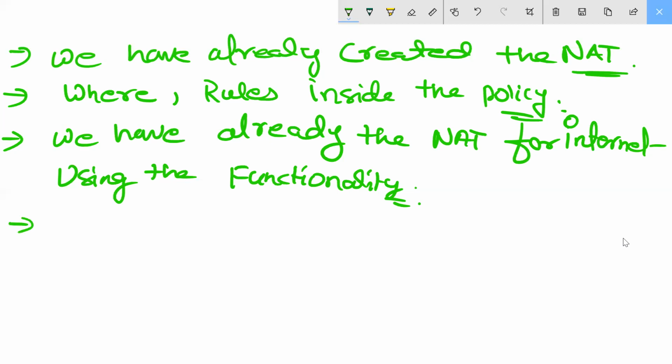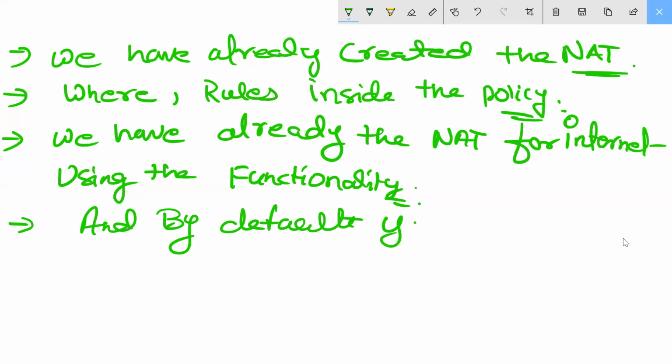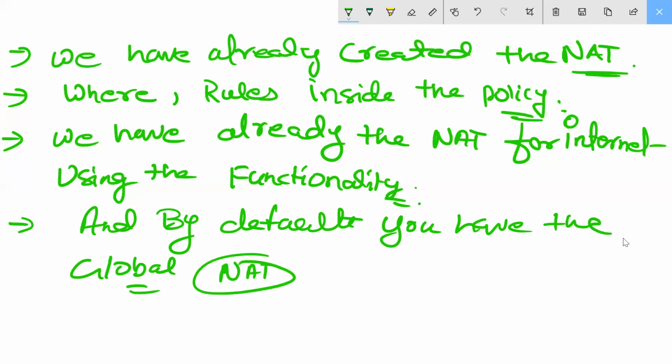And by default, you will find the global NAT functionality is there. By default, you see there, open the NAT section, you have the global NAT functionality. No, you have global NAT, see here, global NAT functionality. By default, global NAT functionality is there.